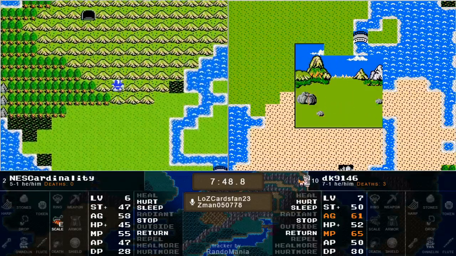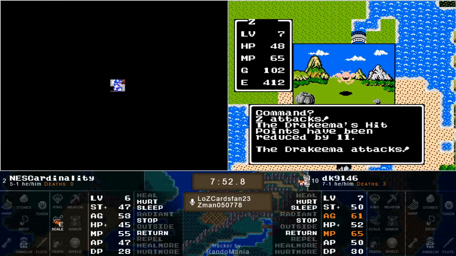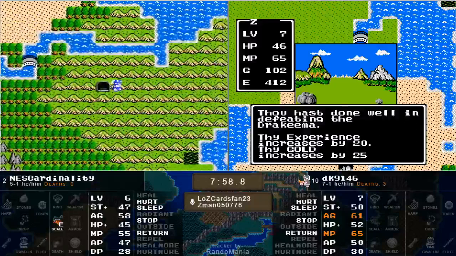Absolutely there. And I do apologize. I said 64. 64 is the amount that Wyverns have. Magic Wyverns have a little more than that. All right, so NESCardinality has indeed found the Mountain Cave, and let's see if...